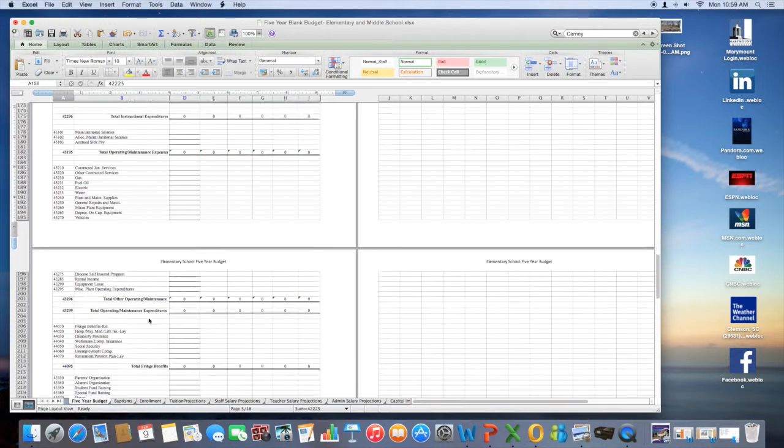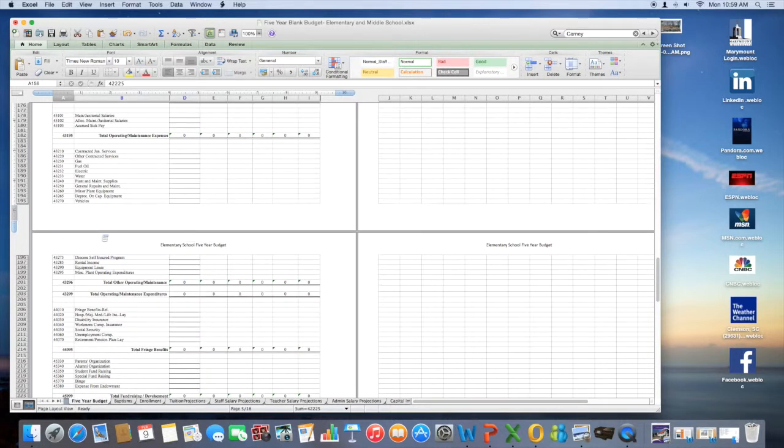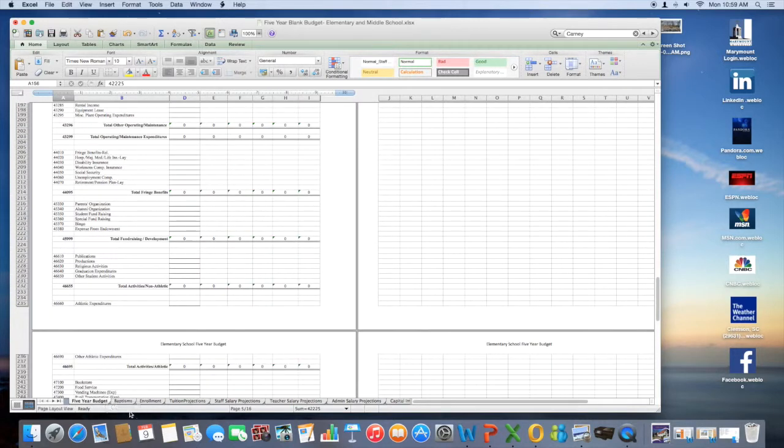So you start looking at the budgets, and you look at the chart of accounts, and you'll see the description here. Why is that important? You need to make sure that you understand what goes into each one of those accounts. Because if they are put in the wrong place, that will definitely mess up your budget. Now, in this particular budget,